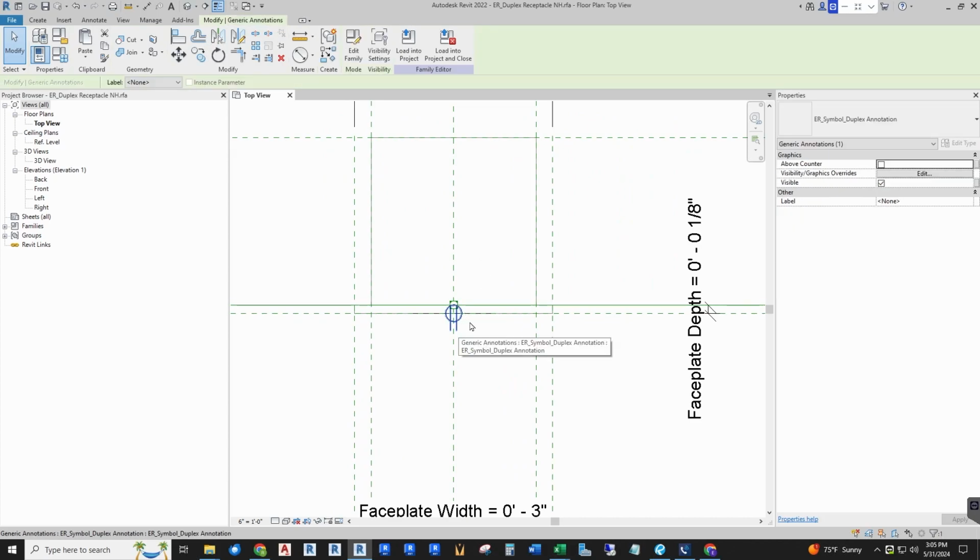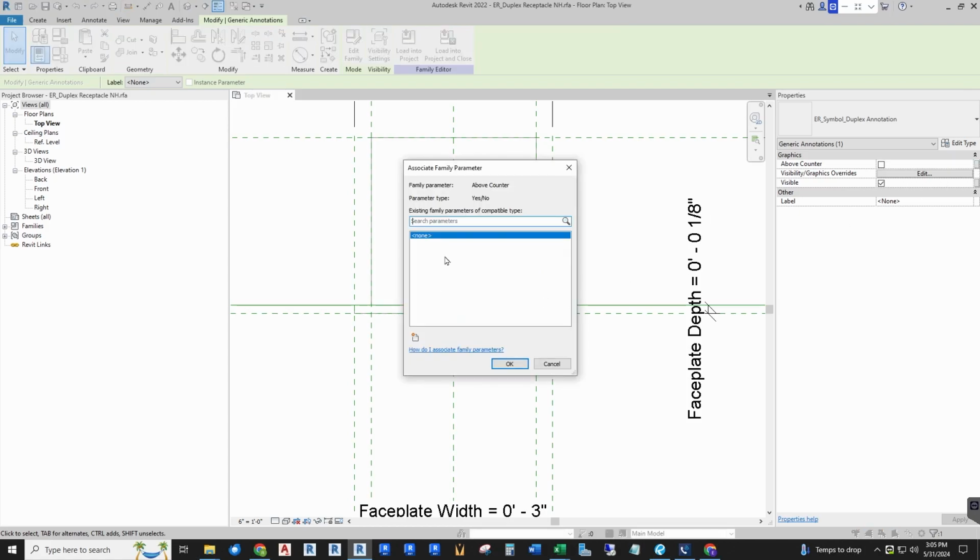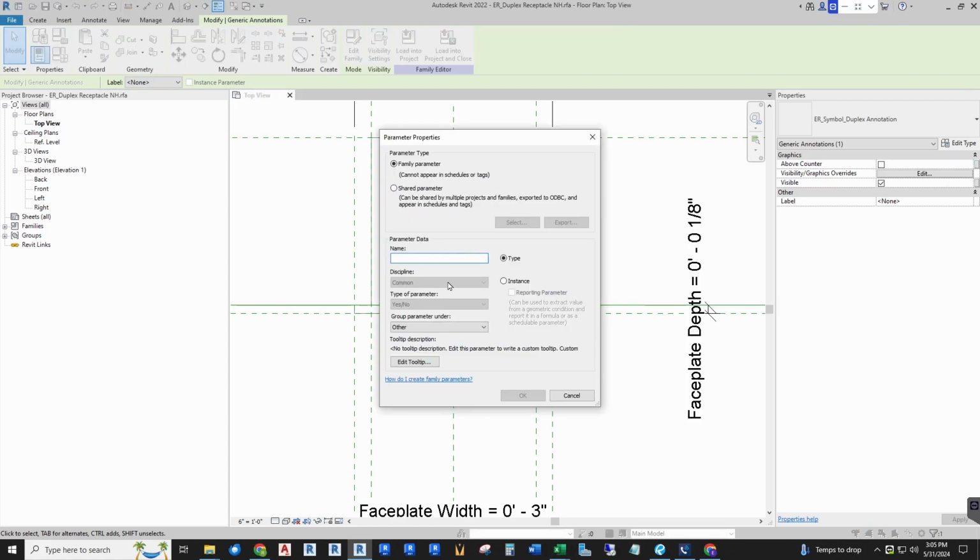Now I need to map it again. I need to map this above counter because I'm nested a couple times. I need to make this above counter visibility a family parameter in my receptacle family. So I'm working my way up the ladder of associating and mapping. So yes, let's create that again and call this